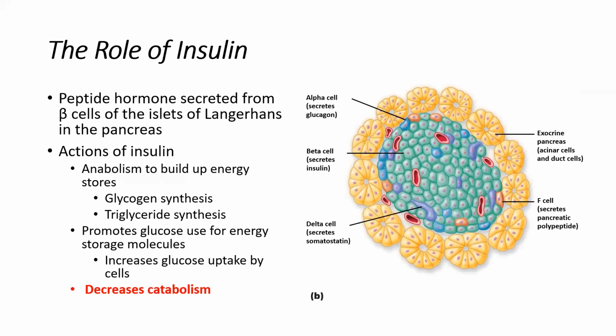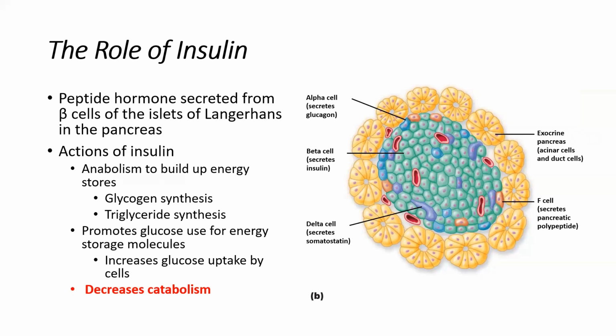Okay, let's talk about the role of insulin here. So insulin is a peptide hormone that's secreted from the beta cells of the islets of Langerhans in the pancreas. And so its action is to help us build up energy stores. It's going to help us get that glucose from the bloodstream into our cells so it can be stored up. It's also going to help us synthesize triglycerides, synthesize glycogen, and it's going to promote glucose use for energy storage